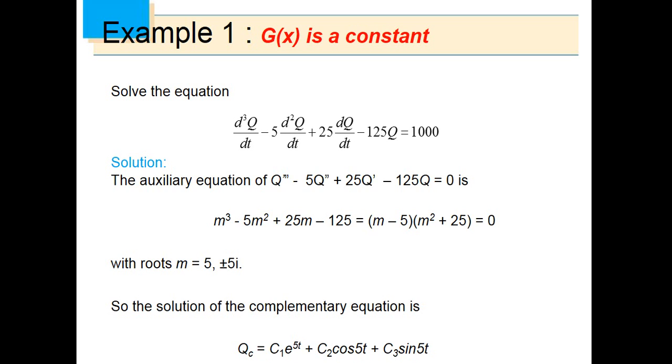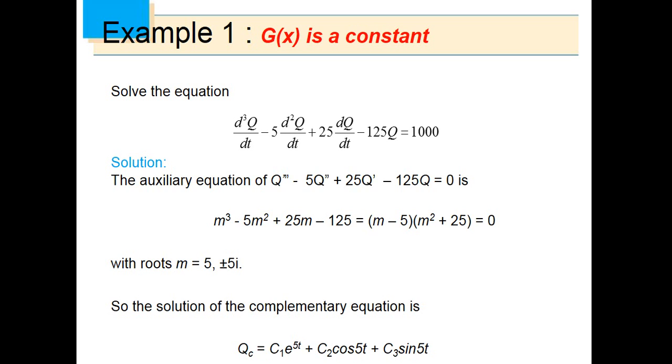One is 5, and the other one, if we take the square root of negative 25, is a pair of conjugate imaginary roots. I say conjugate because one is the negative of another. So a pair of conjugate imaginary roots. Now you know already how this works, because in the method of handling homogeneous higher order differential equations, you simply